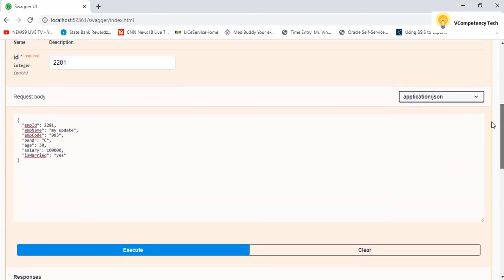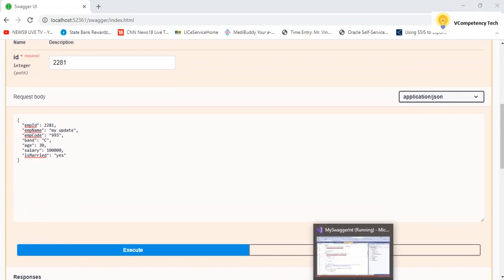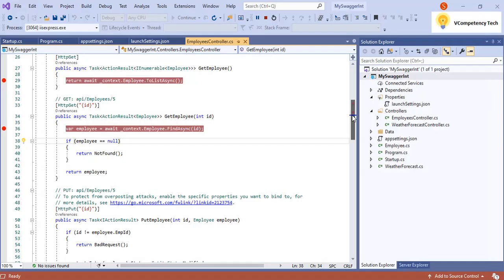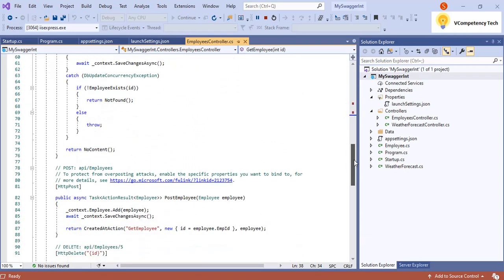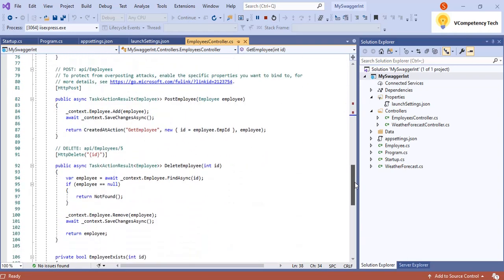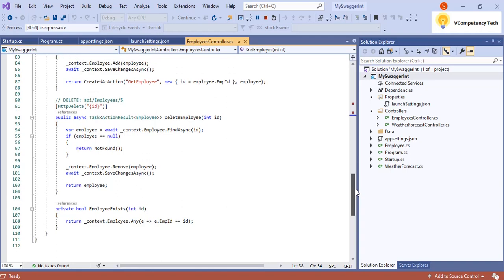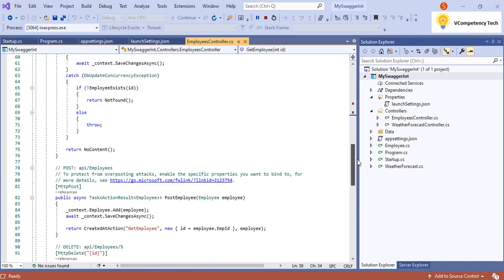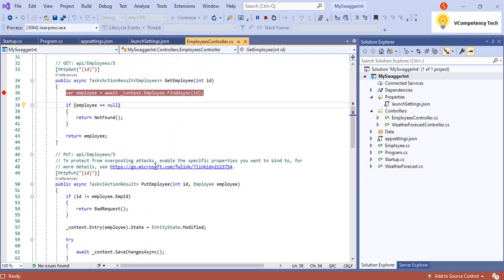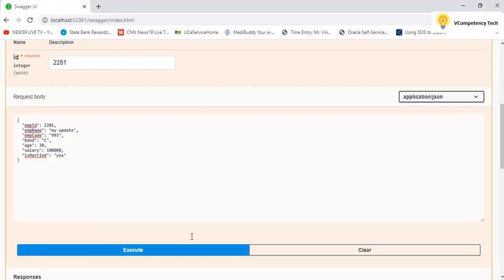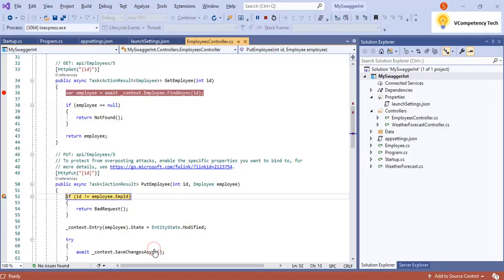Okay, but I have not seen the debug point, so what I will do, I will go and find where is my put employee by ID. I think this is it, so let me debug and execute.